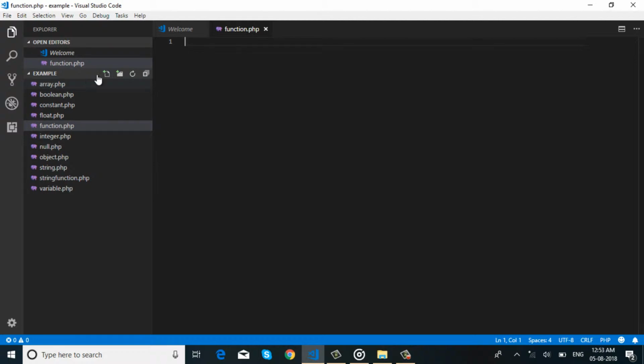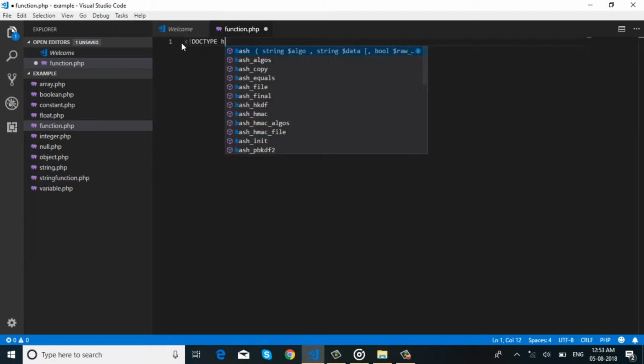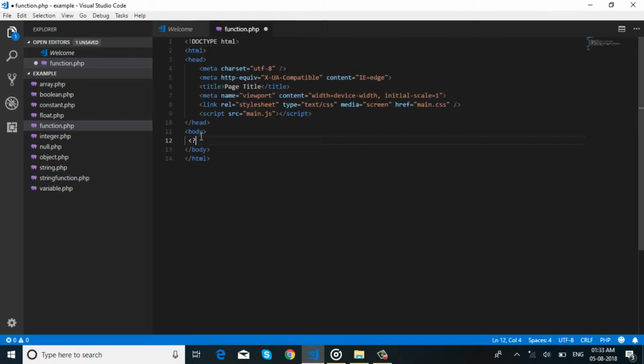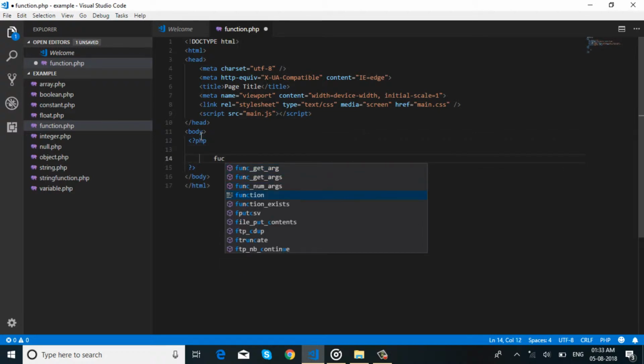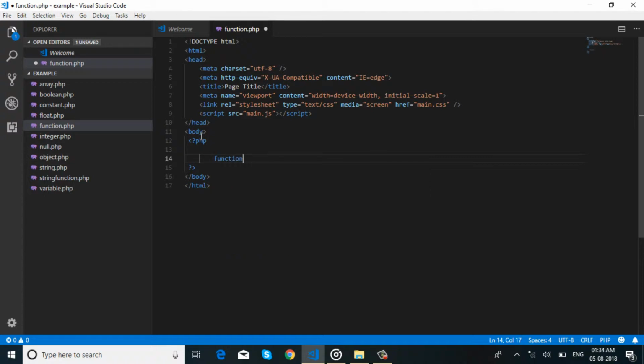Let's start writing the code. The function keyword defines the function block that tells PHP that you are defining a custom function.